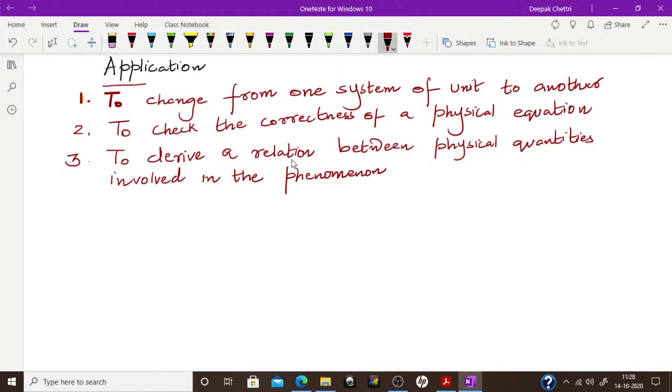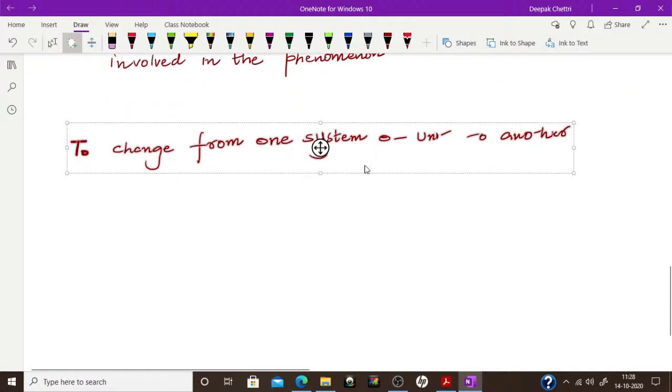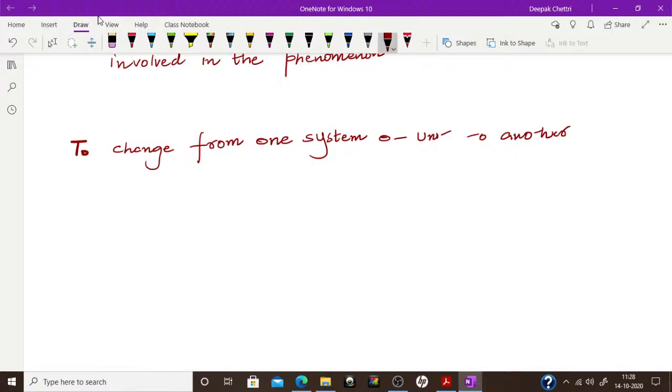So let us first talk about this. So first we'll talk about this one. Okay, to change from one system of unit to another. Okay, so we'll talk about this. For example, so I'll take that example of G only. So again, let me just explain this. So if you have a mass capital M and you have another mass near it whose mass is small m,